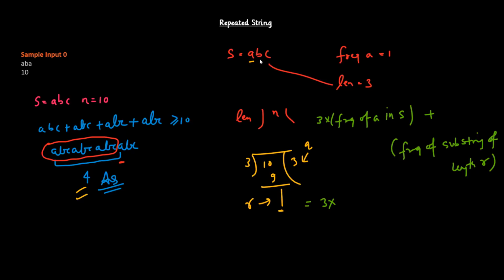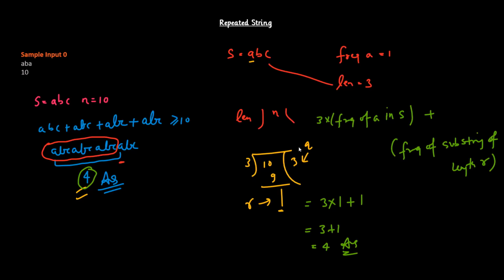So in S, how many frequency of A is there? If you follow this formula, you will see the frequency of A in this S is 1, plus frequency of substring of length R. So if you take the substring of length 1, which is A, how many frequencies of A are there in the substring? 1. So the answer is 3 plus 1, which is equal to 4. So this is the answer, which is similar to this,